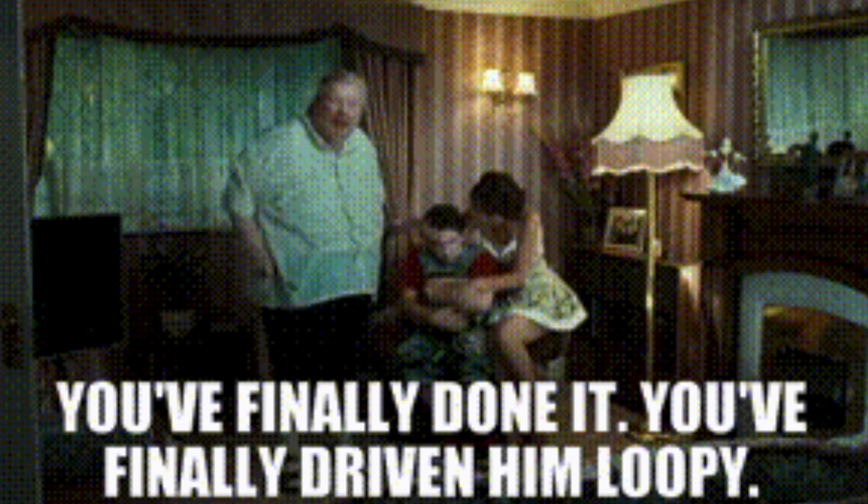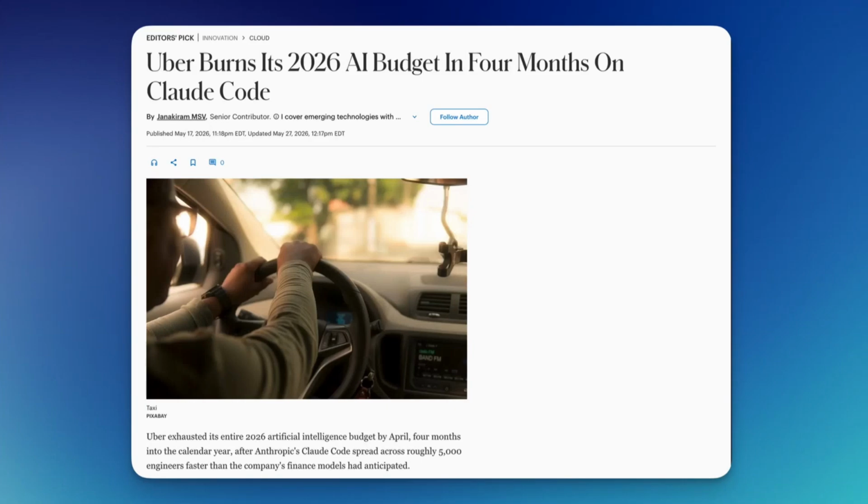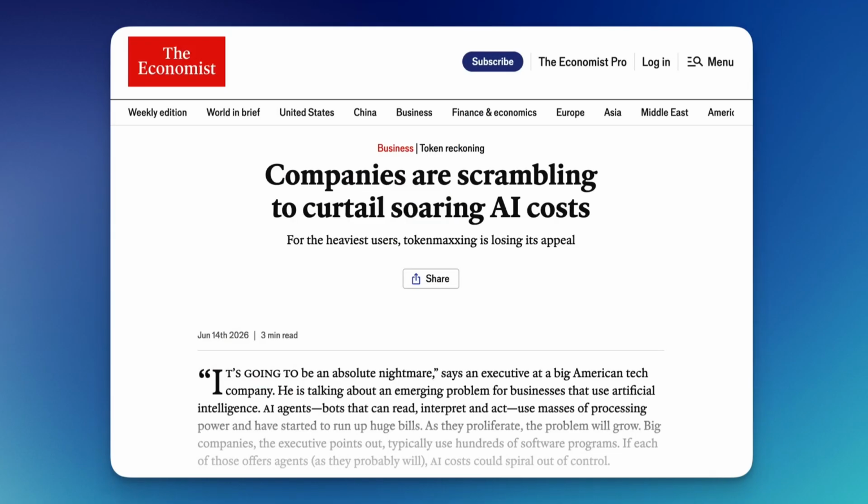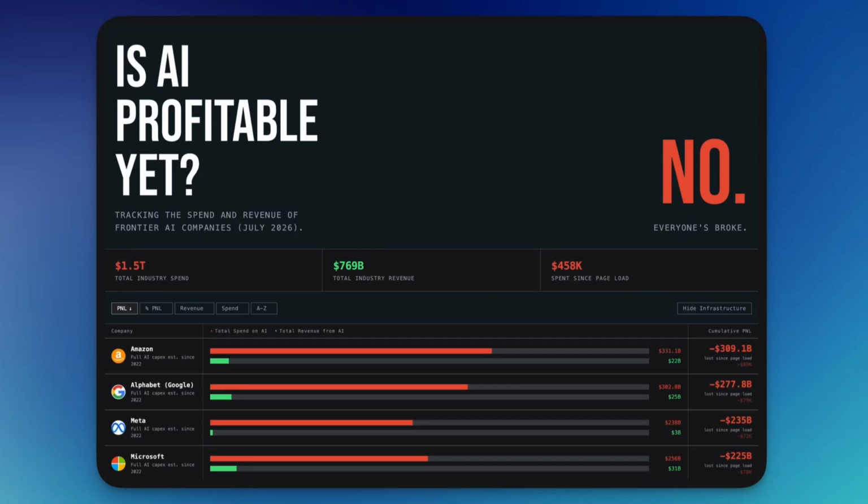And it's also funny that while this is happening simultaneously, people are shocked and surprised that companies are trying to claw back their AI costs. And they're surprised that the AI spend is way more than they expected. So it's funny that both things are happening at the same time. And this website's pretty funny. It's called isaiprofitable.com. And as you can tell, there's a lot of businesses burning a lot of money in the world of AI.